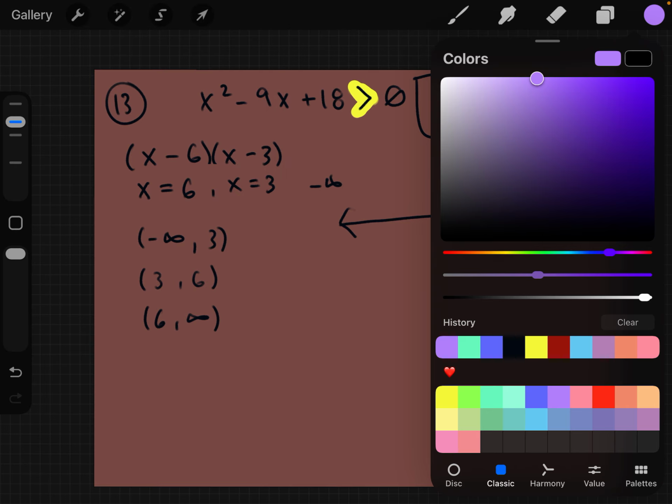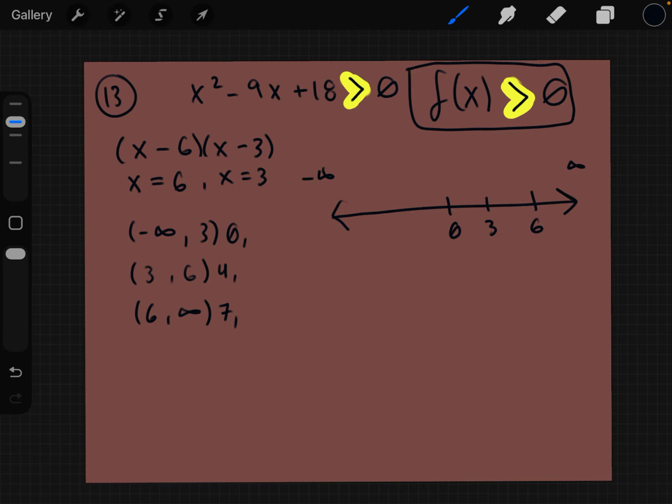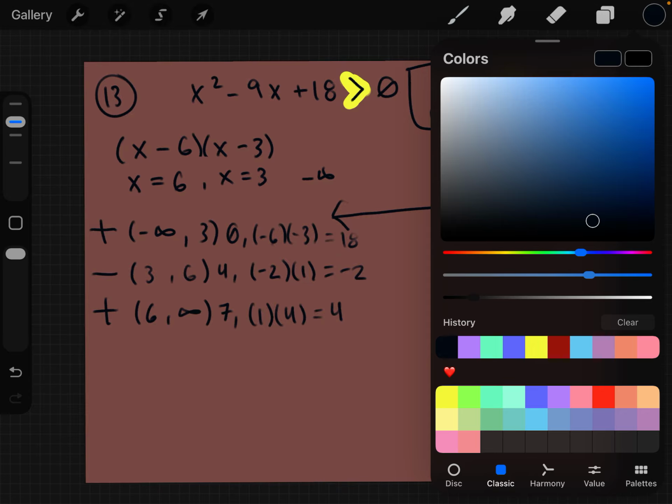So now we need to get test points in each section. Zero minus 6 is -6, -3 is 18, it's positive. 4 minus 6, -2, 4 minus 3, negative. 7 minus 6, 1, 7 minus 3, 4, positive. We have greater than, so